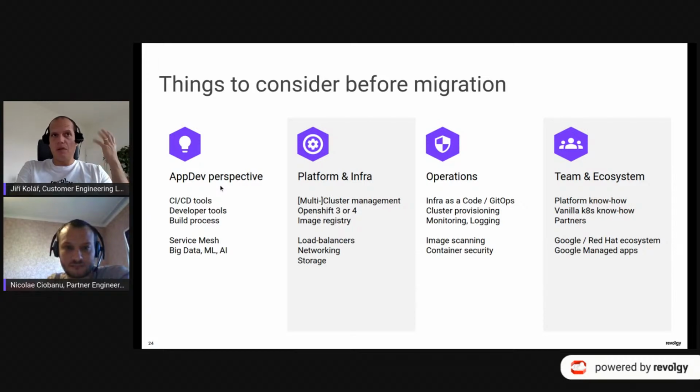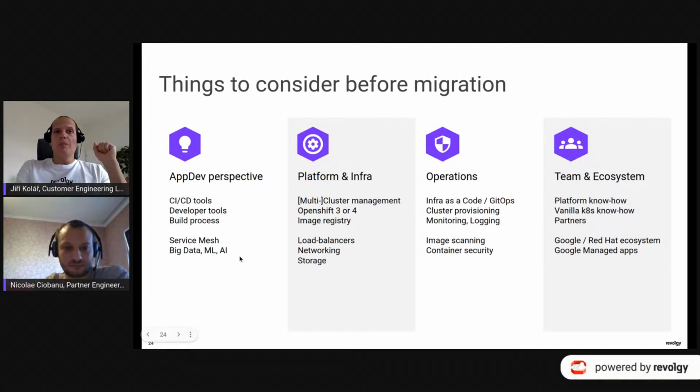This is actually the core of the entire thing. When it comes to a service mesh, I don't see so many issues. So whoever is using service mesh in OpenShift, this could be quite similar in the Google solutions, because both are using Istio. So I see this should be quite okay.